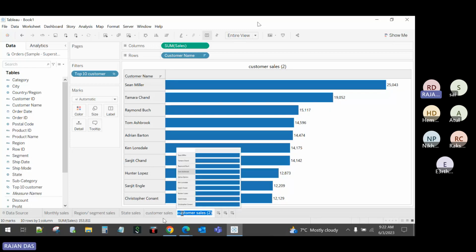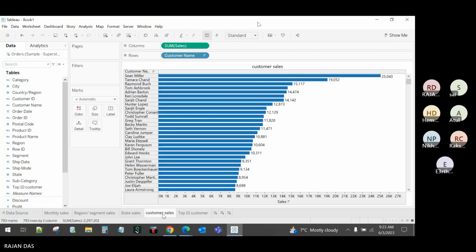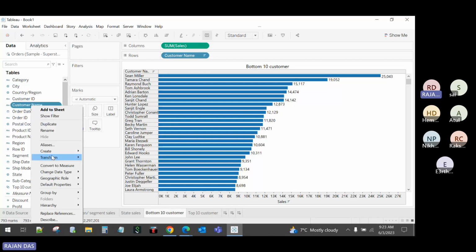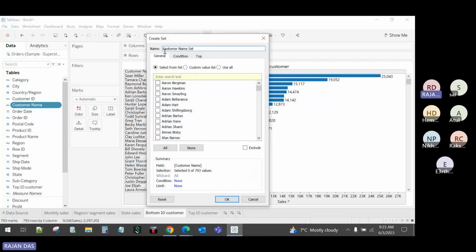You can name it as a top 10 customer. Now, maybe your customer is looking for bottom 10 also. So for that, we don't have one, again, we'll go here into customer name, go into create and make it as a set. Here, we'll name it bottom 10